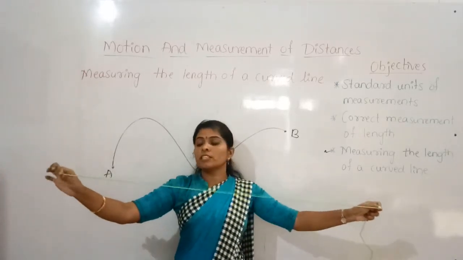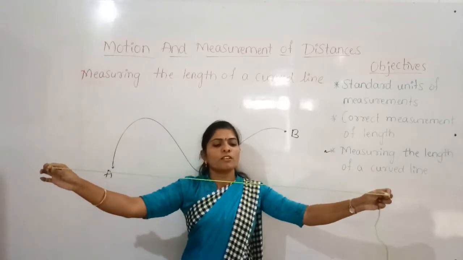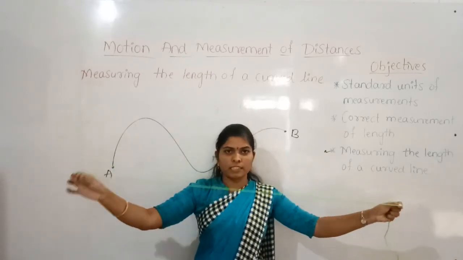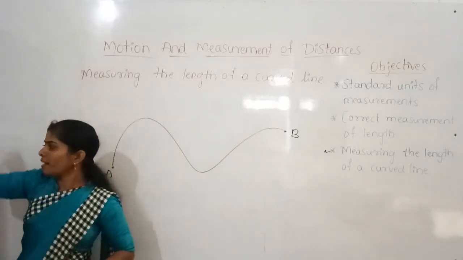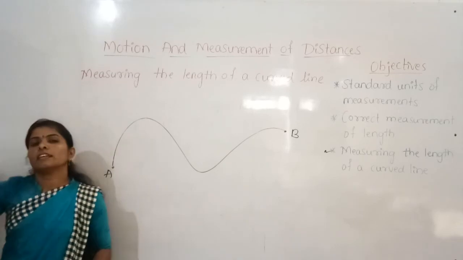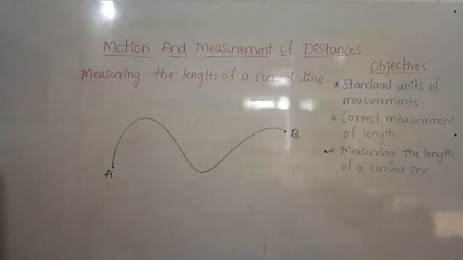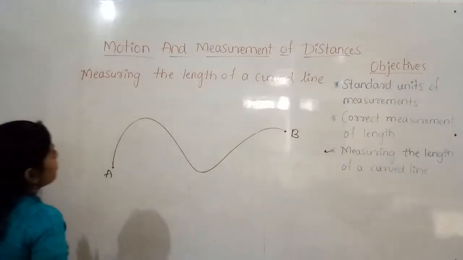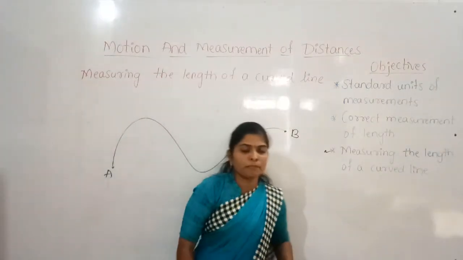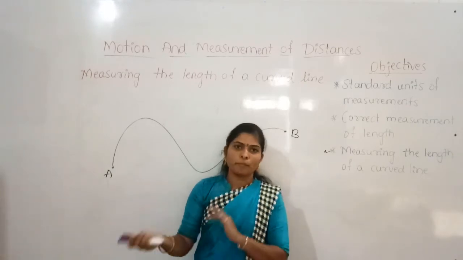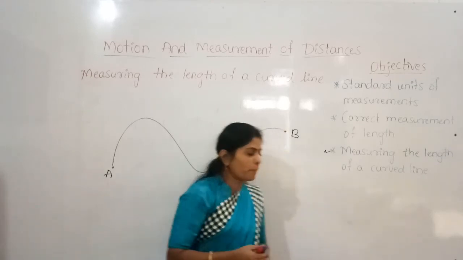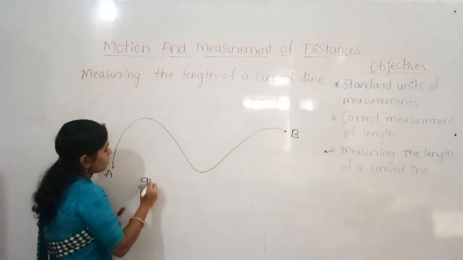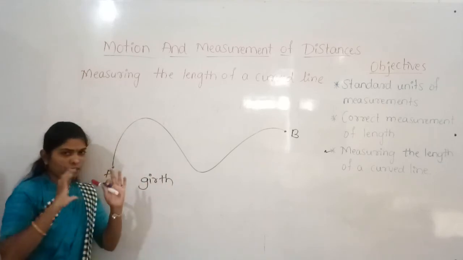If we measure the length, we can straighten it. So if we measure the length of this thread, we can easily get the length of the curved line. So likewise we can measure the length of the curved line. So wherever it is not possible to take the reading by the meter scale, we can calculate this way. Okay, for example, if you wanted to measure the girth of the tree, girth means its surrounding,